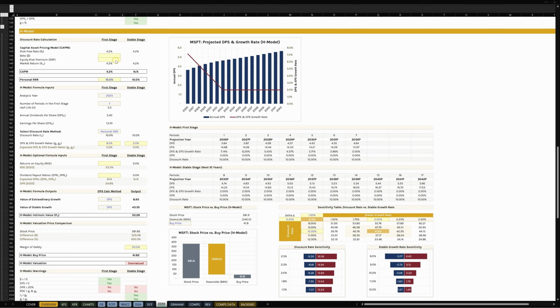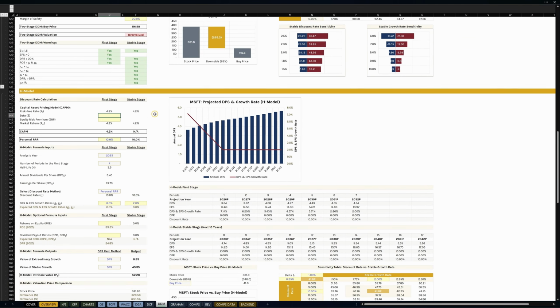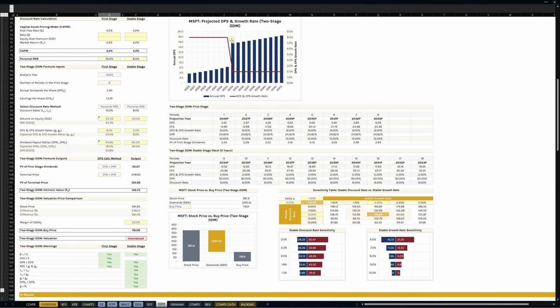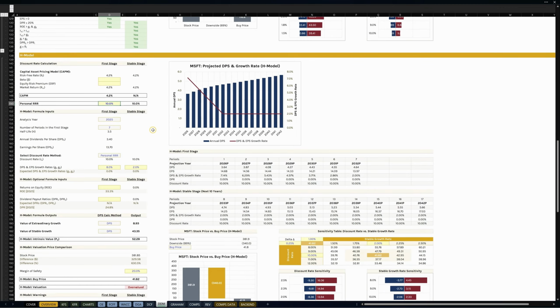So this was introduced in 1984 as a modification of the two-stage dividend discount model. So instead of an immediate shift, growth declines linearly to the stable rate over the first stage. You can see that here in the chart if you compare the gradual line versus the sharp decline. The key structural difference here is that the discount rate, ROE, and payout ratio all stay constant across both stages, and